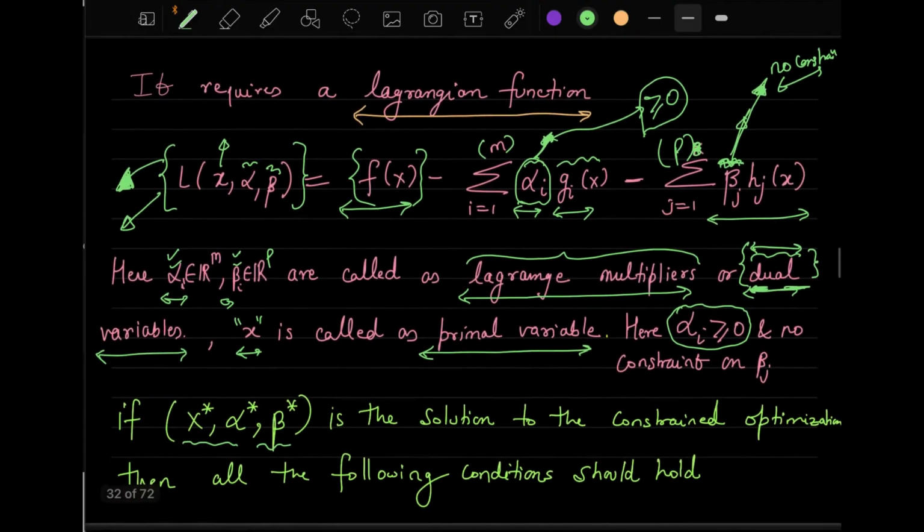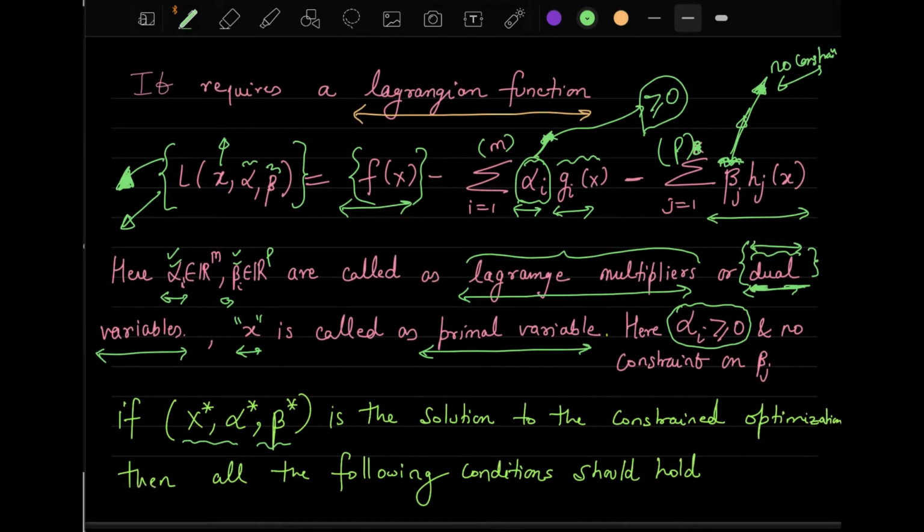Any doubts regarding this slide? If you have any doubts, let me know. Otherwise, this is just theory that you can find in any standard optimization text. I'm not going into too much detail, because we have to restrict the course within the bounds of machine learning. But these are important points from the SVM point of view, because if you do not know them, you cannot understand SVM. So I am keeping the maths minimal so that you can understand SVM properly. If you have any questions, let me know, otherwise we will move forward.